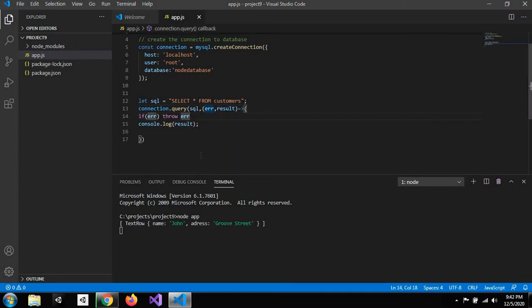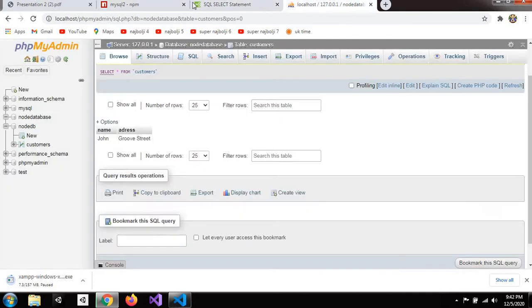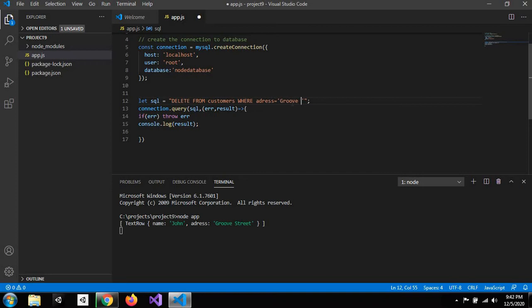Yes, and the next thing we can do is delete this row. So delete from customers where address is equal to Grove Street, just to see how it is spelled, and Grove Street. Okay, capital S Street. Okay,